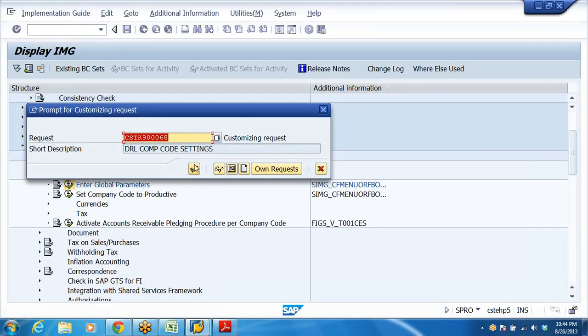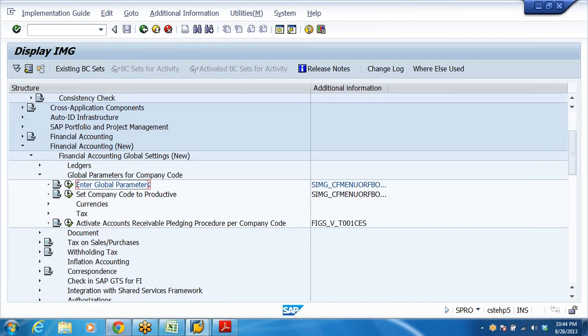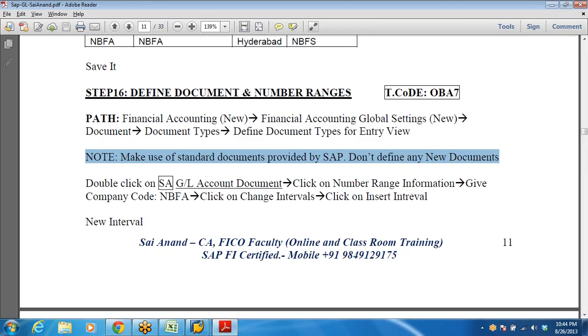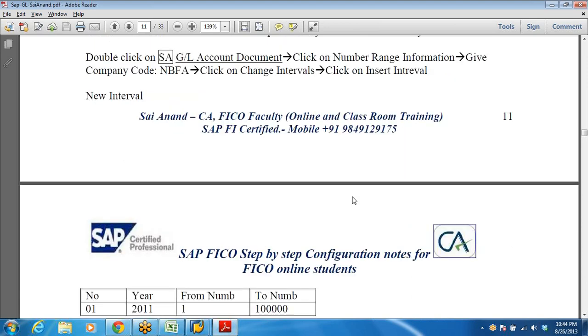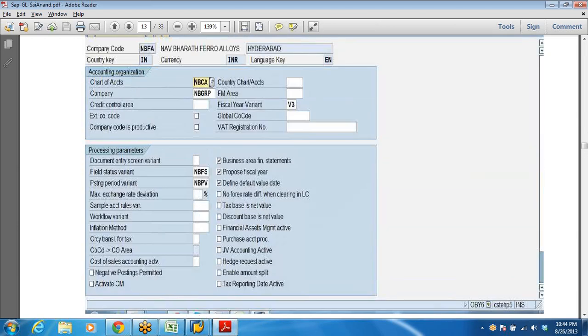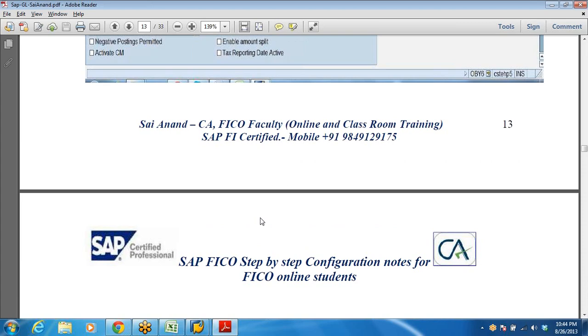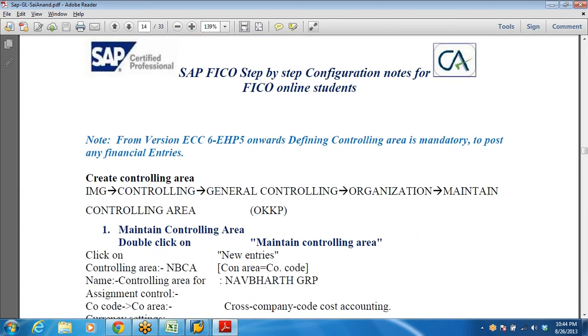Save this. Now, as of now, all 20 steps, 21 steps are over. But from ECC 6 EHP 5 onwards, defining a controlling area is mandatory. Without that, the system will not allow you to post accounting entries. After we complete this one, generally it is sufficient if you are using ECC 6 EHP 4, you need not do any other things. But from ECC 6 EHP 5 onwards, defining a controlling area is mandatory to